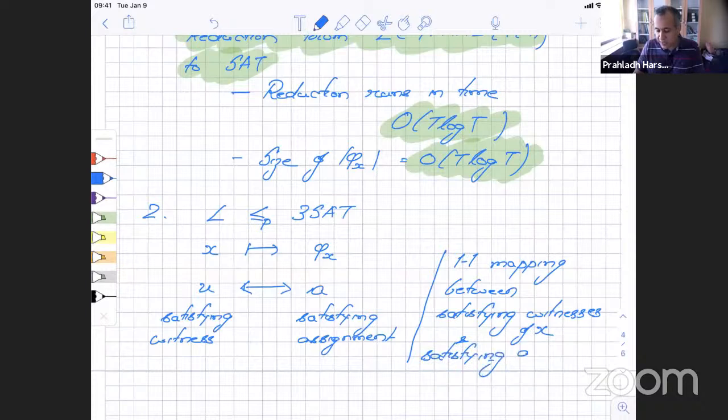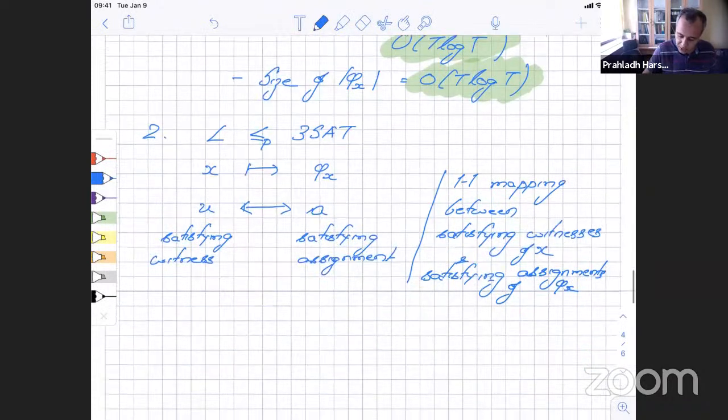If there are 10 different satisfying witnesses for x, you can produce 10 different assignments for phi of x. And similarly, if you have 10 different assignments for phi of x, each of them will correspond to one satisfying witness for x. We didn't want the reduction to have this property. This was more than what we wanted, but the reduction does have this additional feature. And if a reduction has this extra property, then it's called a parsimonious reduction. The parsimonious reduction